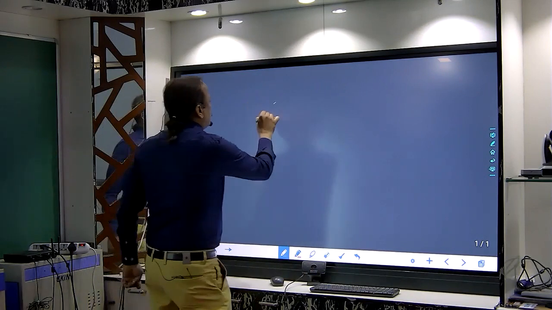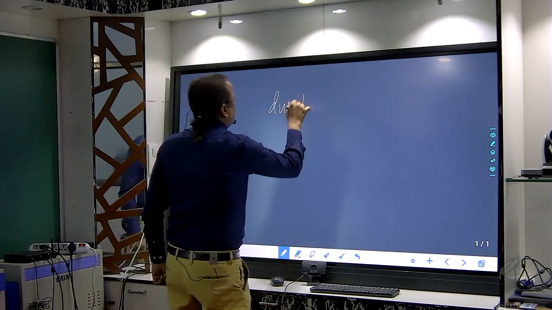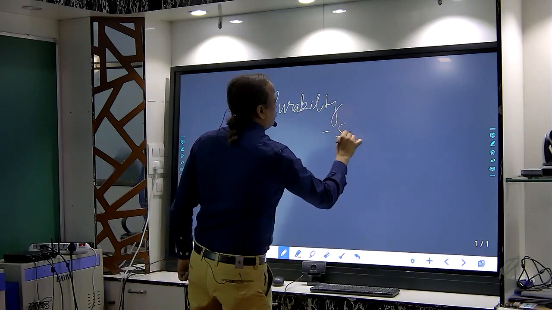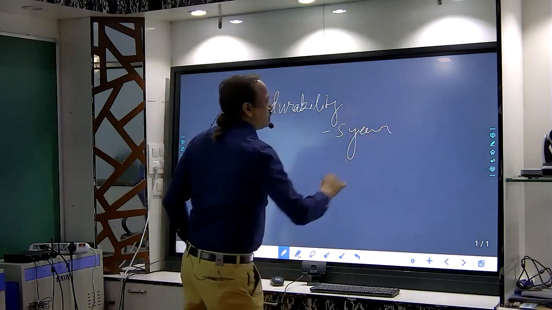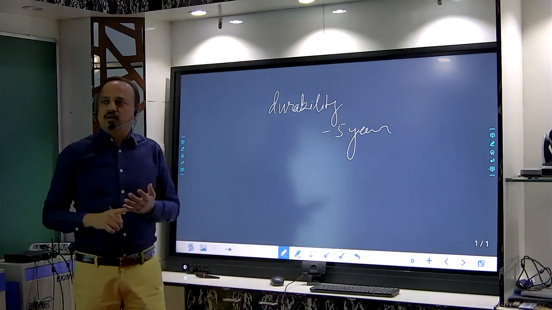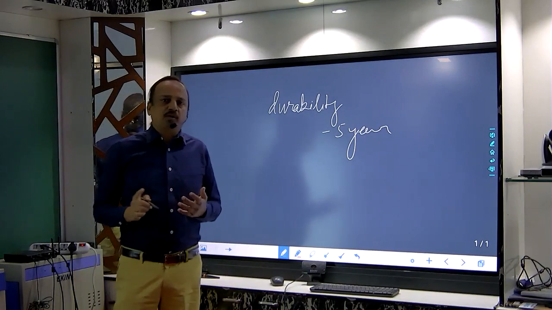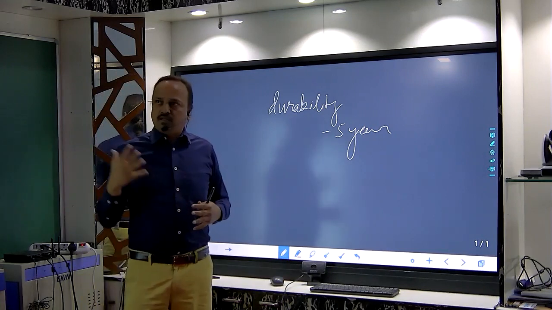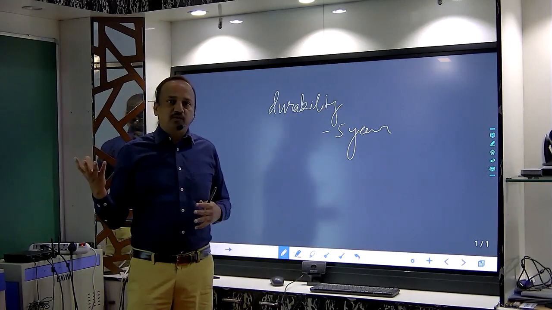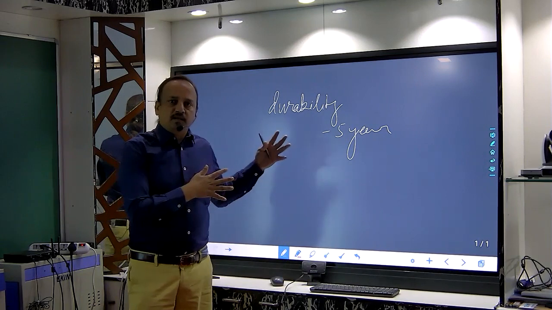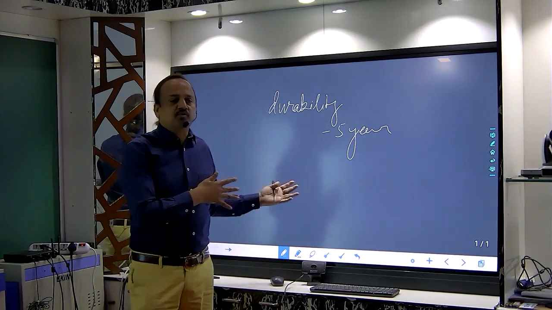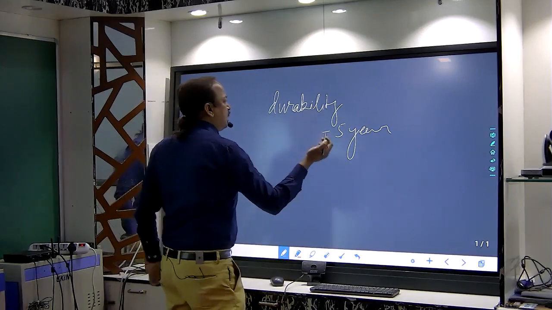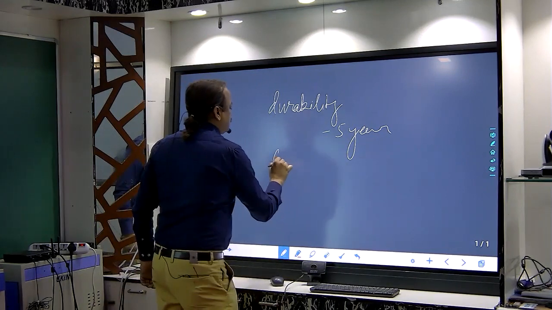If you talk about durability, it is 5 years minimum. So if you go with a classroom with the interactive whiteboard, normally you can run it for 5 years. Their options could be in the future, because of the projector lamp, you might need to change. In case of panel, you generally don't need to change, or if you have to change, you have to change the complete panel. So durability in either of the cases is 5 years.